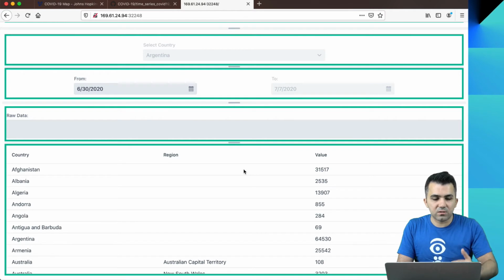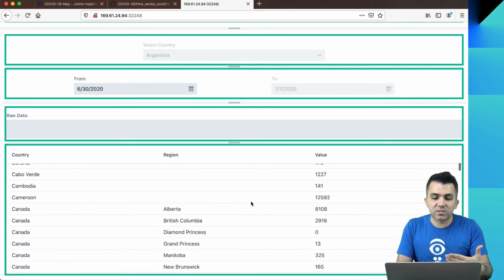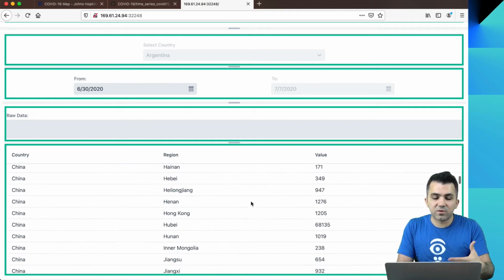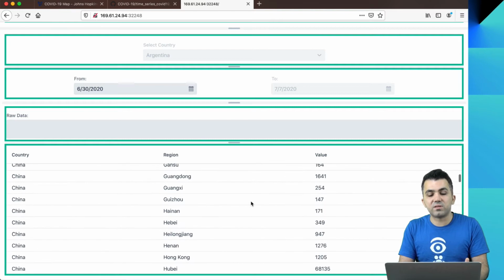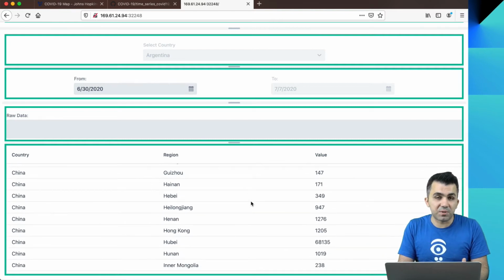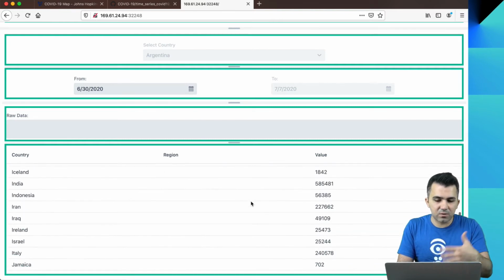Starting from Afghanistan, Albania, all the countries are sorted alphabetically. As you can see, these are the number of positive cases globally for every country, based on the regions as well. For instance, when we look at China, we can look at it per region, and it goes all the way down.